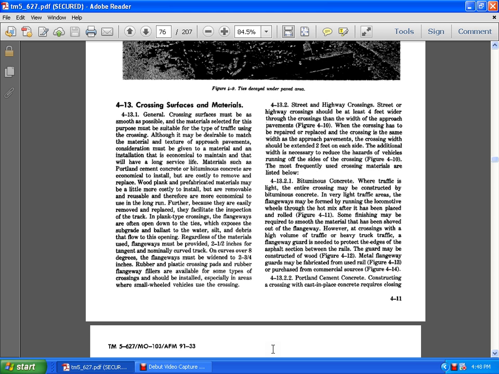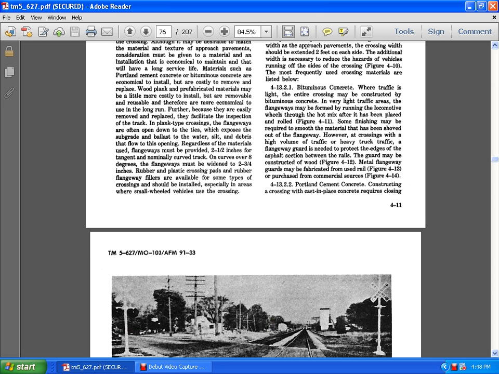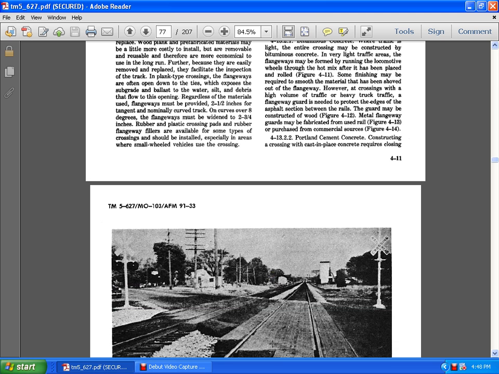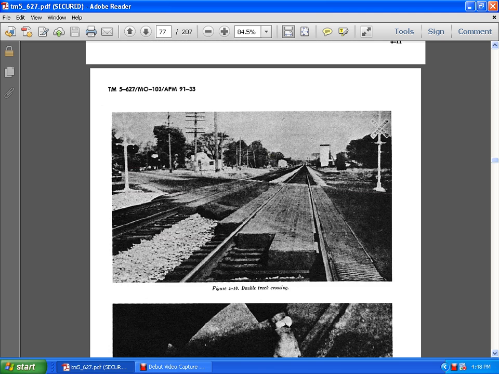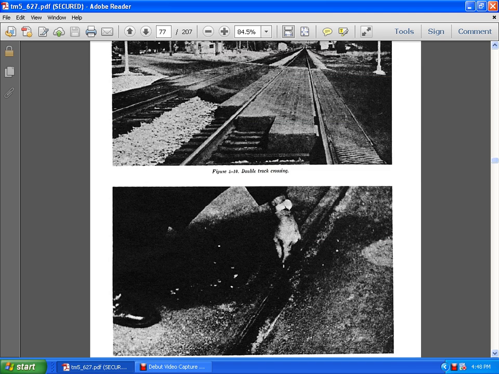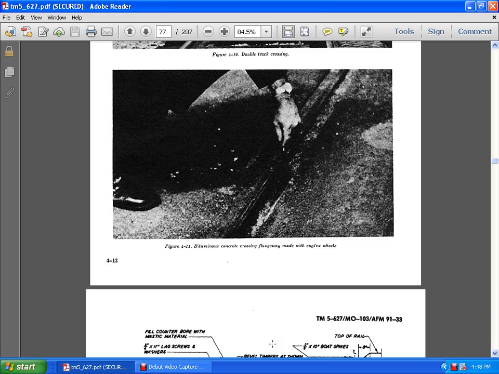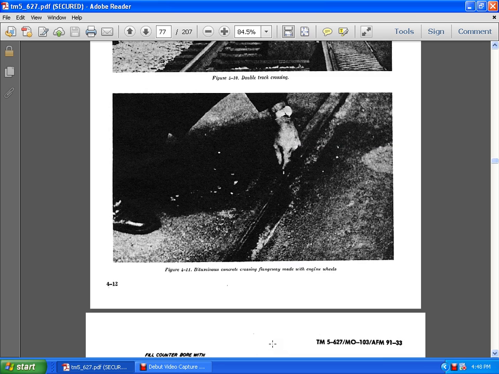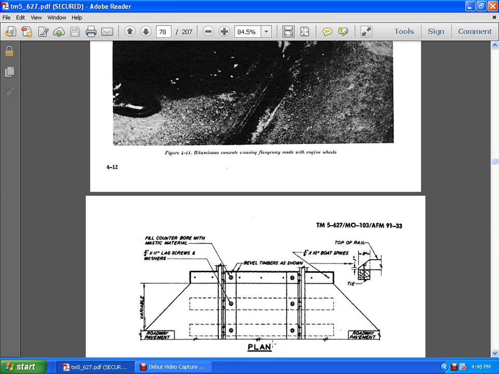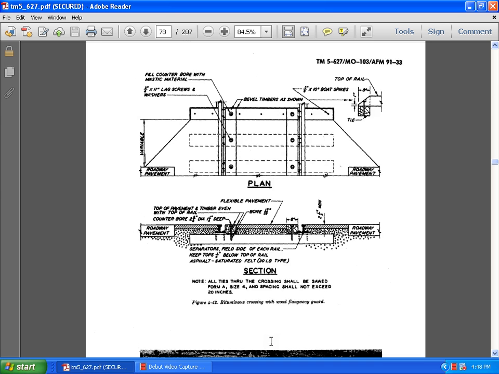4.13.2 Portland cement concrete construction crossing. Cast-in-place concrete requires closing the double track crossing. Here they show the bituminous concrete crossing with the flangeway for the engine wheels. Otherwise, here is the plan for a crossing rail. They have fill in the counterbore,